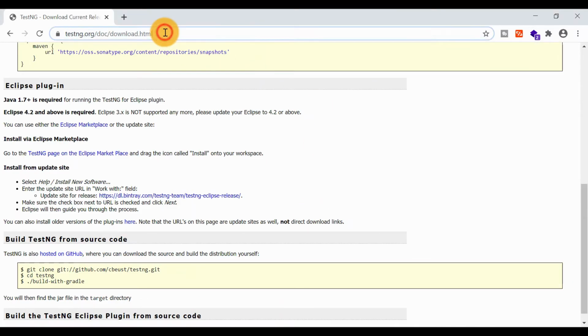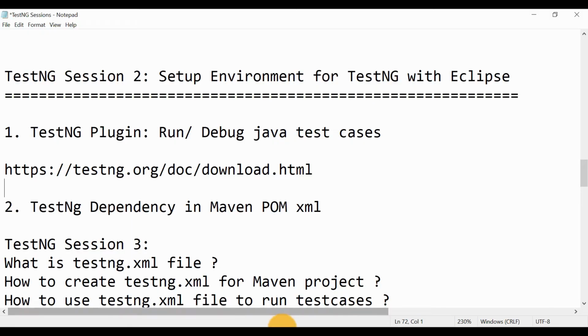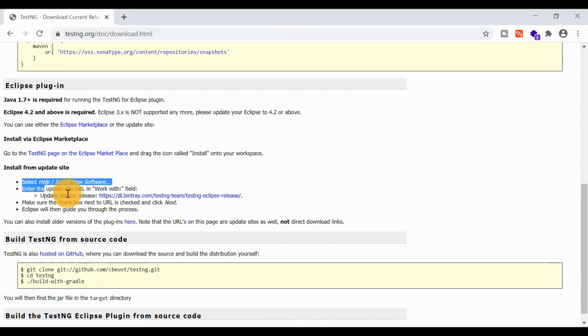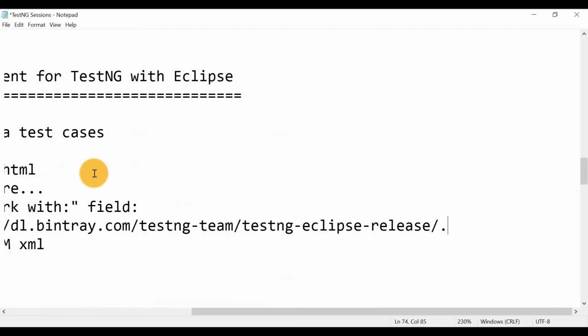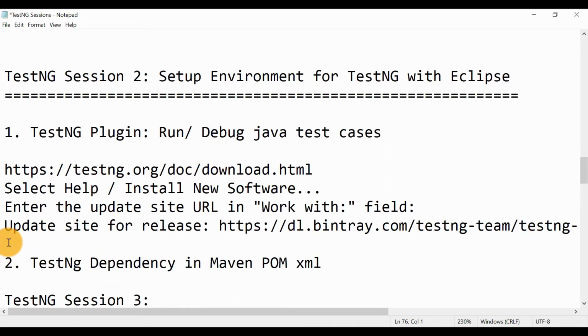Just go to this site and follow these 2 steps. That's it, one thing is done, we have installed the TestNG plugin.